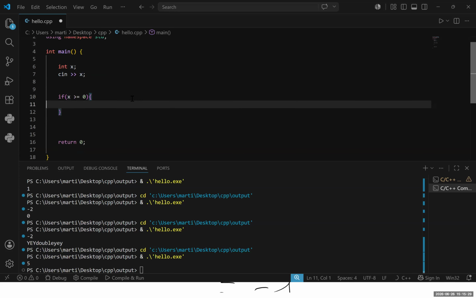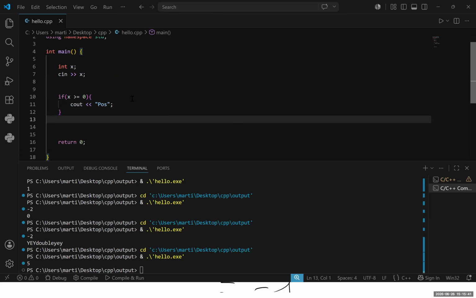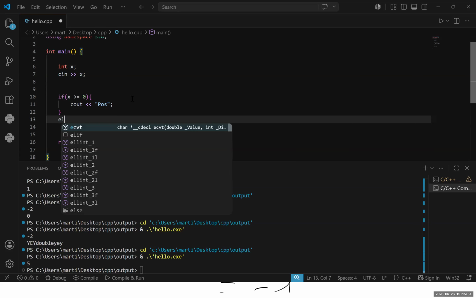So now we have cout greater or something, and then otherwise, or positive. Otherwise, what? How can we do the rest? If it's negative. Yes. So else